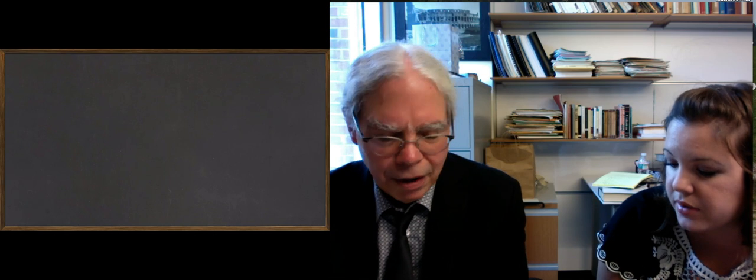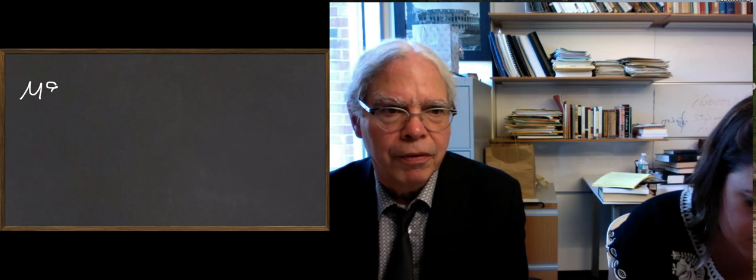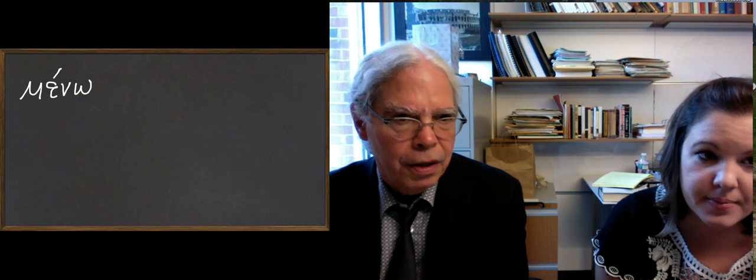This is a really old process that happened. The schwa could either be reflected as an epsilon, which is in most cases, or as an alpha. In theory, it's possible to have omicron schwas, but there aren't any attested. So what you have is a verb like the verb meno. You can write it down on the blackboard. So you have a verb like meno, which is a regular old verb in the present.